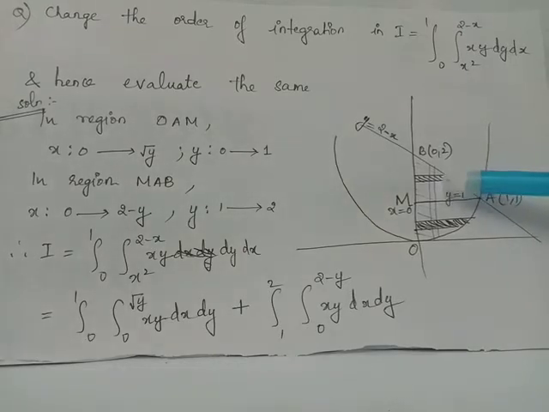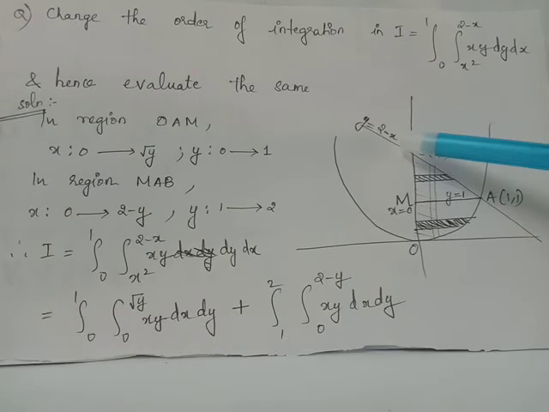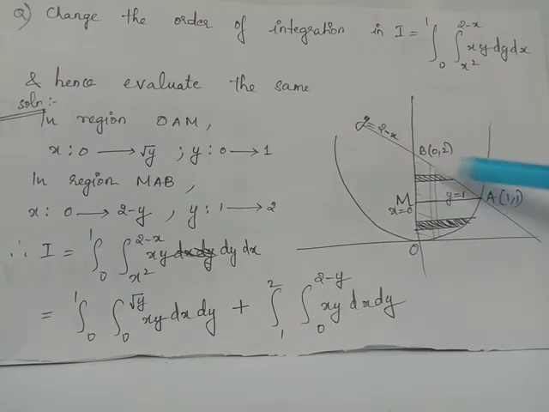For this triangular region, the horizontal strip will convey the limit of variation of x, which ranges from x equals 0 to x equals 2 minus y. We have y equals 2 minus x will give us x equals 2 minus y, which will form the upper limit of this horizontal strip for this triangular region.